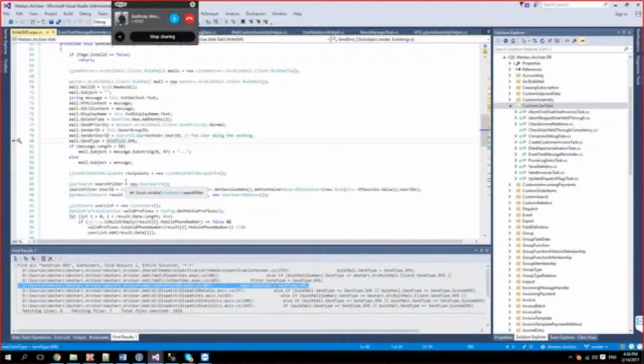And it's kind of, we made this design decision that we wanted to use the same objects for sending a mail or sending an SMS. Something that I sort of regret right now, but it has been working for us, at least until now. So we'll see how it works.